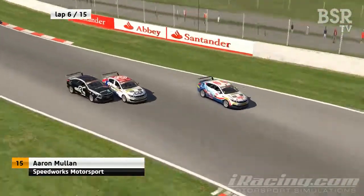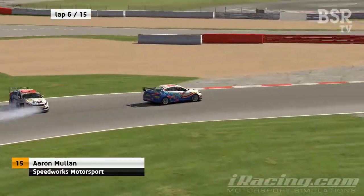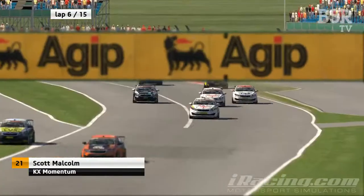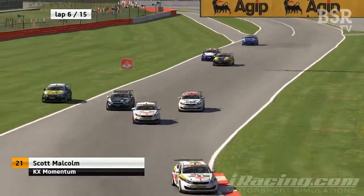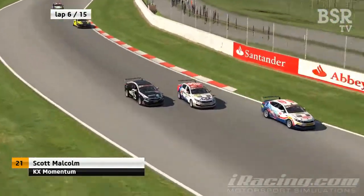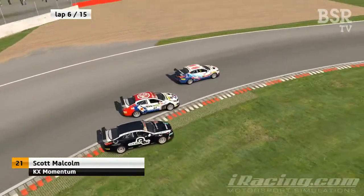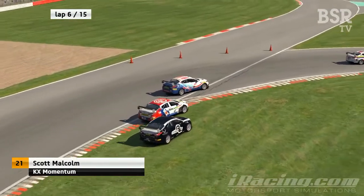But no. Oh, and contact between Stevens and Janowski. Sorry, that's Malcolm and Janowski, and they're both off. Oh, and that was unnecessary, I think. Unfortunate coming together there. Let's have a quick look at that one on the replay. As Janowski's got the inside line coming in, and Malcolm just doesn't give him any room now, unfortunately, and there's nowhere for Janowski to go on the brakes. And yeah, coming back on the track,